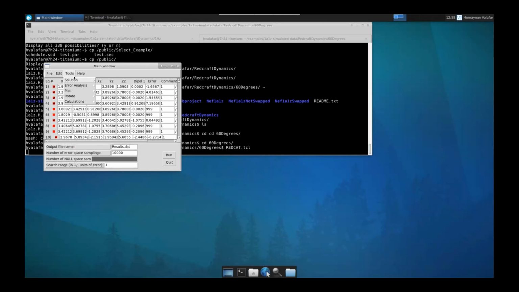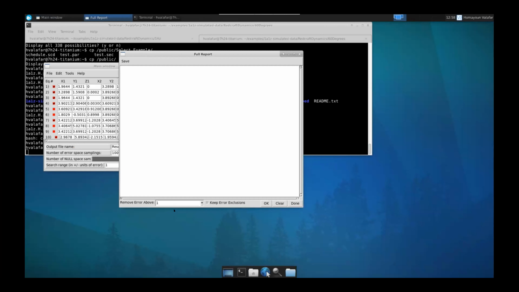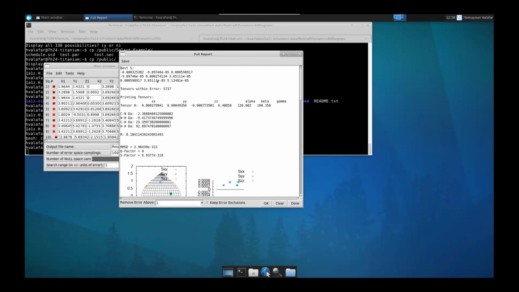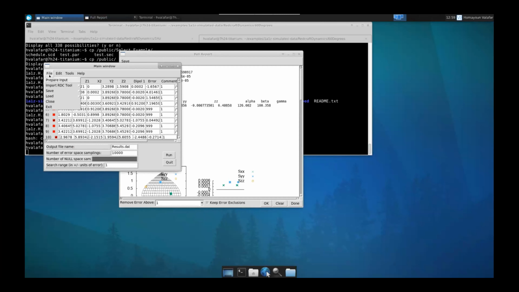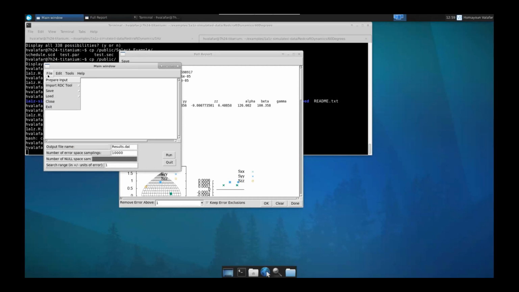I'm going to generate the report for it. And again, I'll cut it out at 1 hertz. This is the order tensor that I get for alignment medium 1. I'm going to close this file. And I'm going to load the file that I get